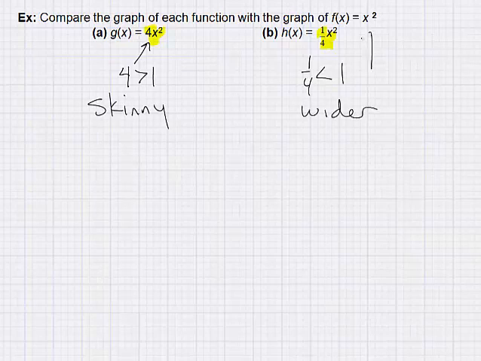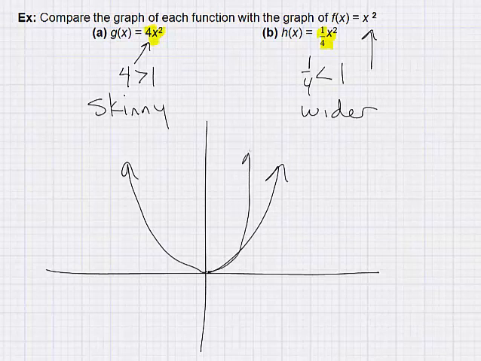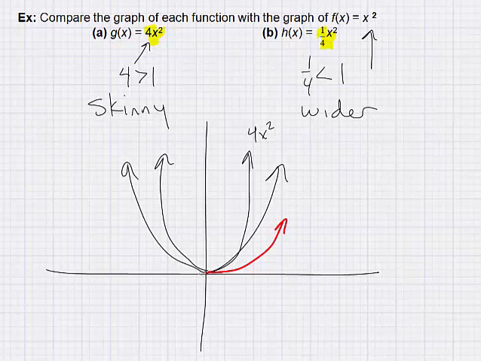Okay. Then the normal x squared. So I go, alright, well, if I draw all these on the same plane, here's my x squared. This is what my 4x squared is going to look like. So that would be 4x squared. And then let's change the color. The 1/4 x squared is going to look like that. This one being my x squared. So you see them all compared to one another, but they're all just parabola shapes still in the same location